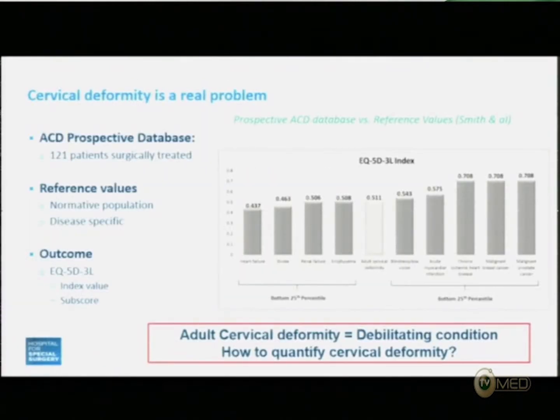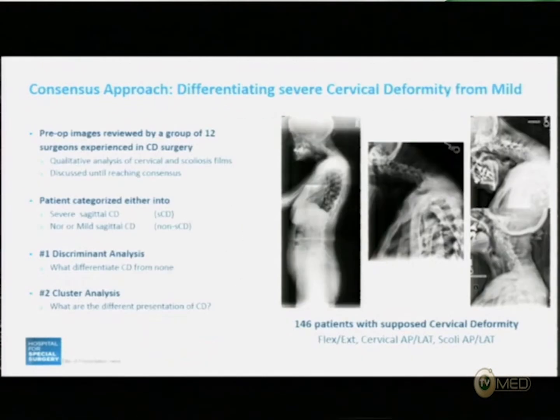So we did a few studies to try to identify what does matter in the setting of cervical deformity. So what do we know about cervical deformity? First, we know that this pathology has a huge impact on the quality of life. If you compare the cervical deformity patient here to the other pathologies, they are as bad as patients with some form of cancer. So it's not a radiographic disease. It's a disease that really affects the quality of life of the patient.